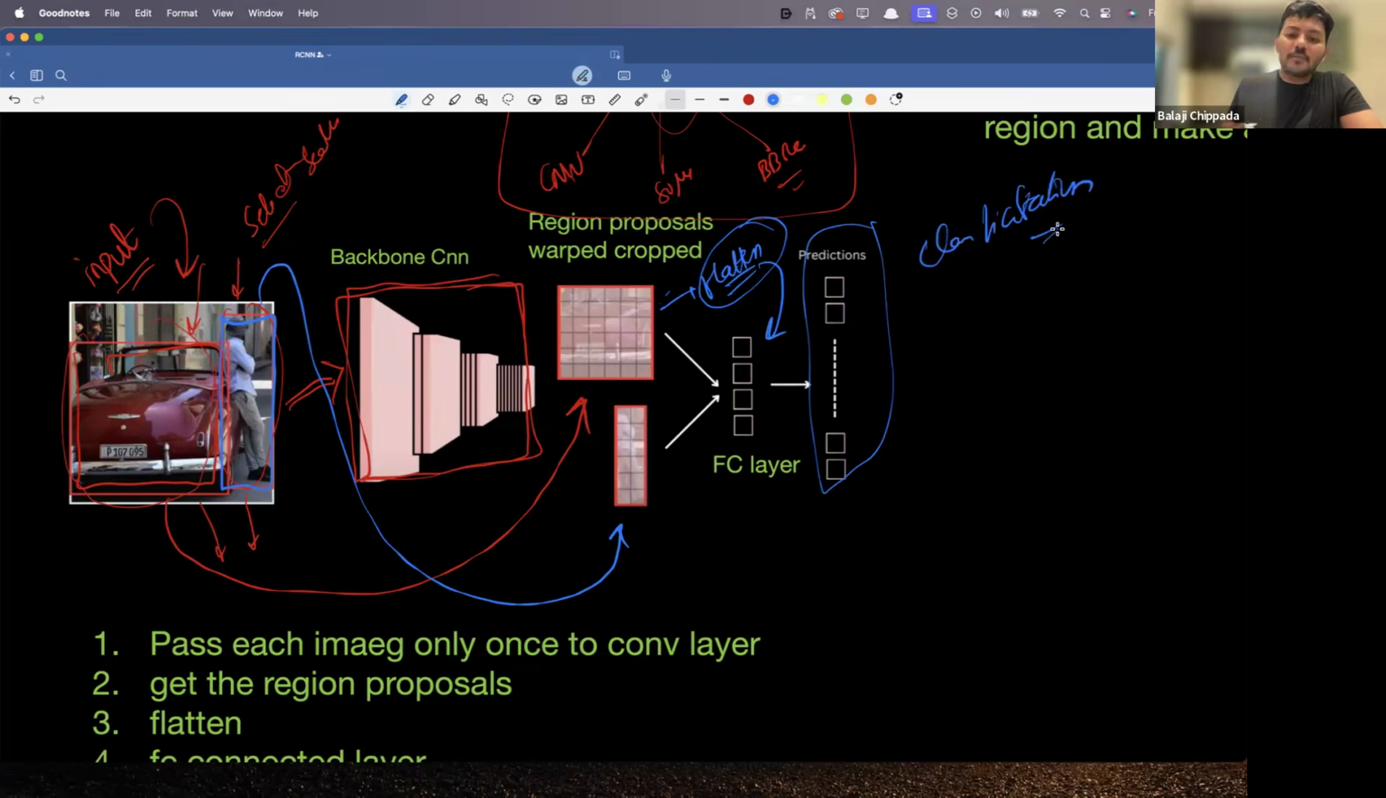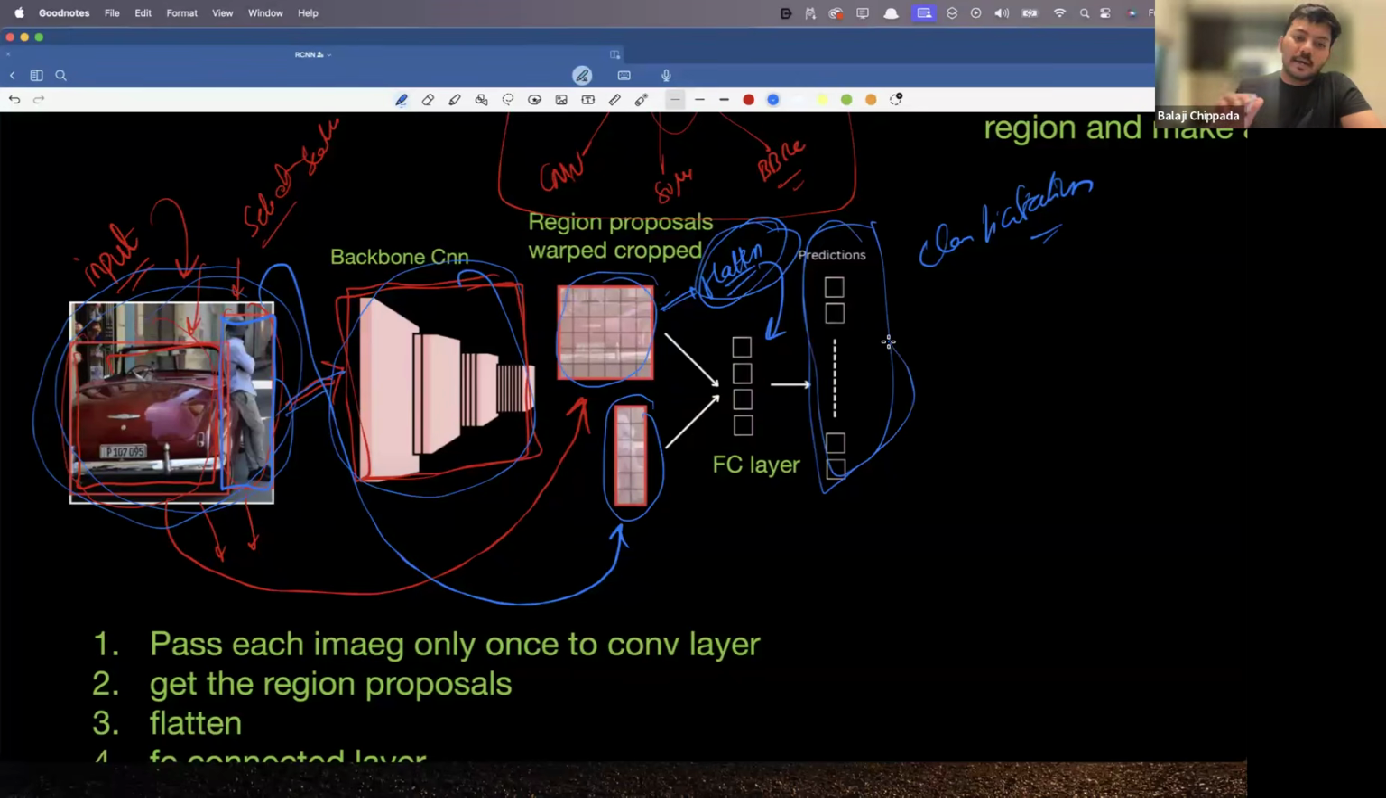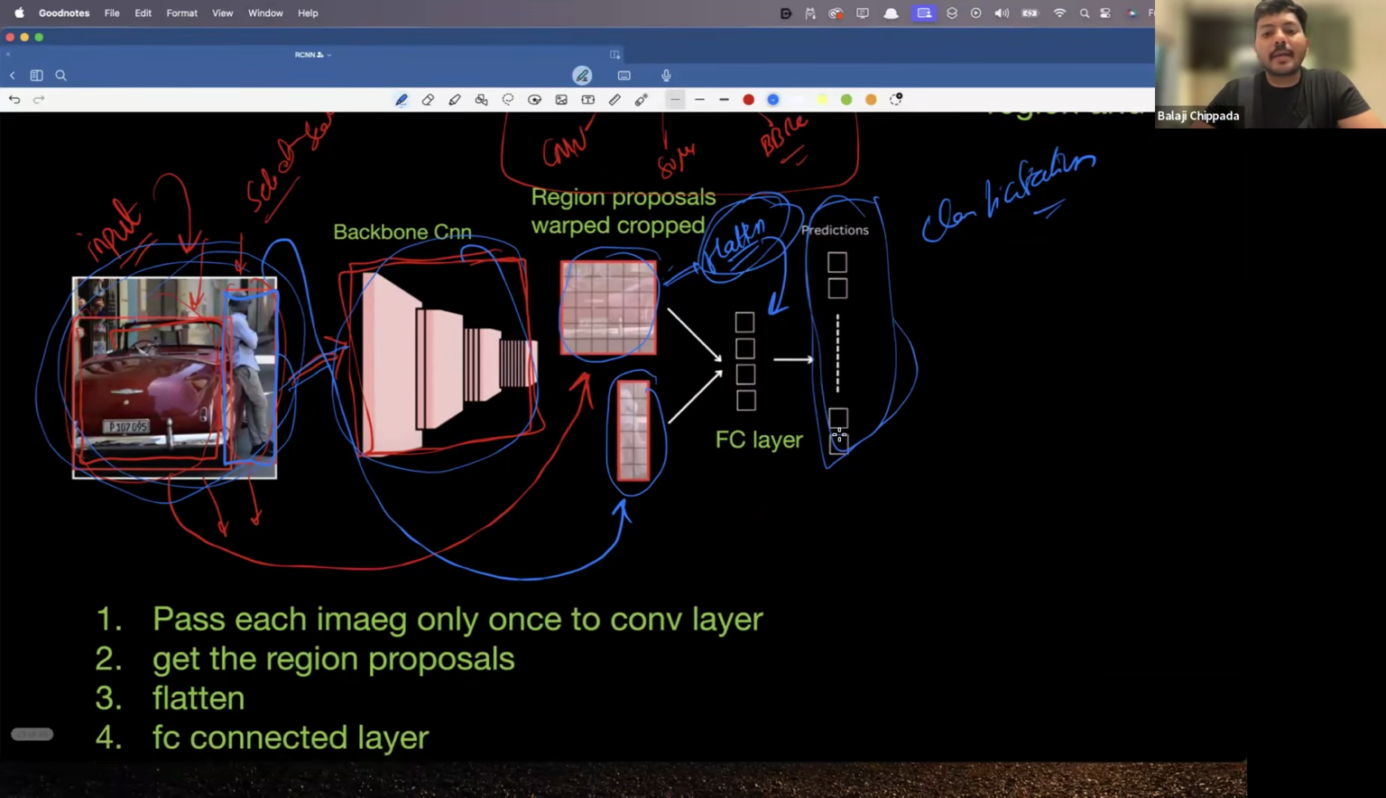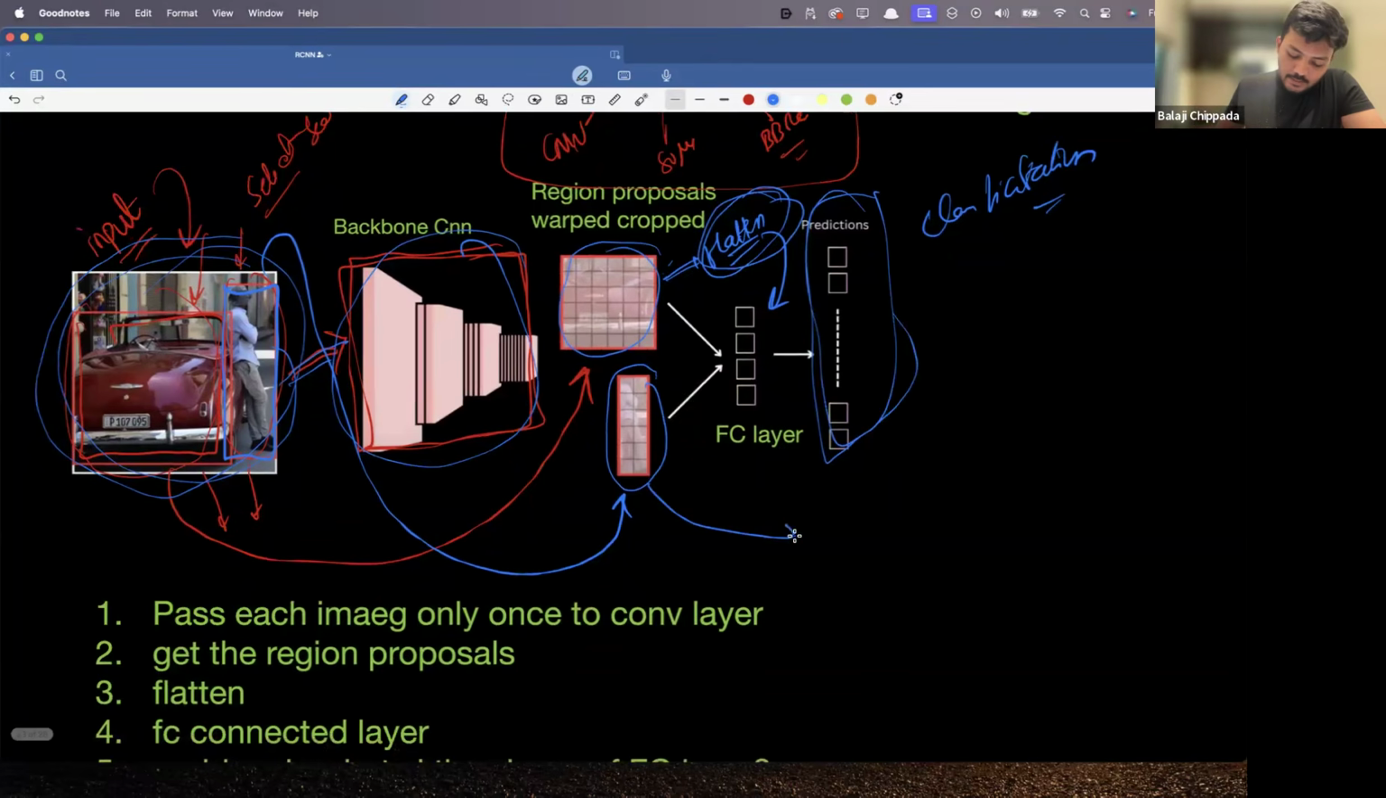So here what we did is we took the input image and we applied selective search algorithm on top of it with the regions of proposals, and we pass this entire image only once to the CNN architecture, and this will extract you the regions of proposals, and this regions of proposals को हम flatten कर लेते हैं, and then उसके बाद हमने जो करना है वो करना है।